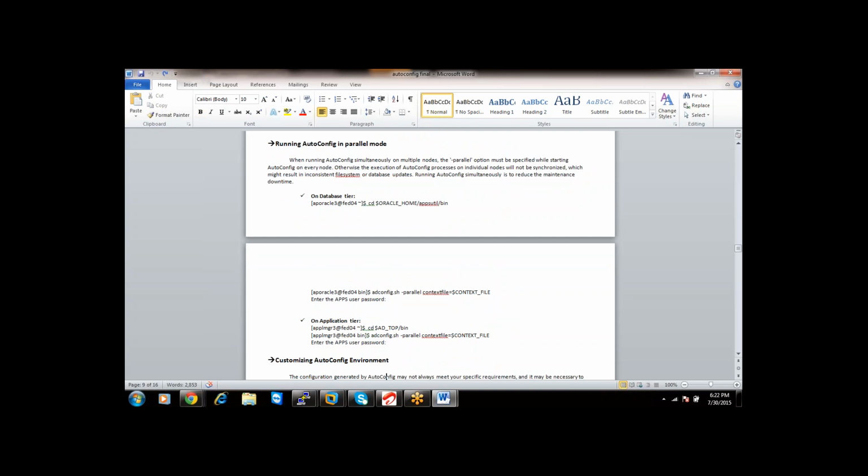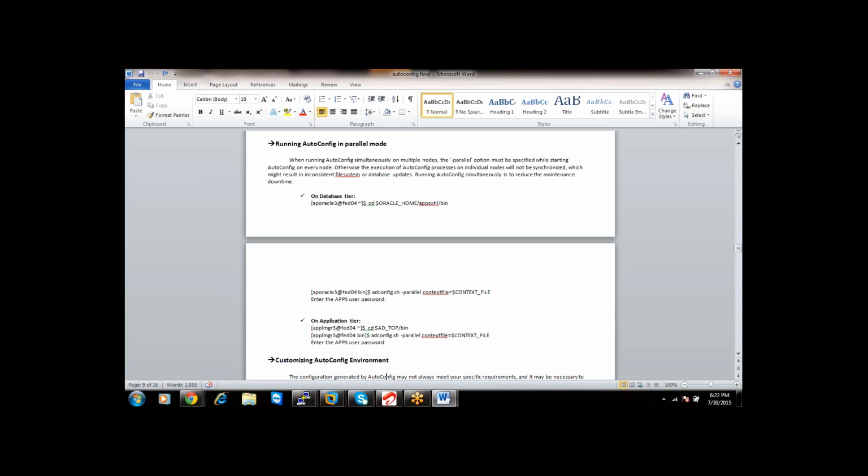Do I need to manually go there and make the changes, or is there any way that it goes in the reverse direction? Like from autoconfig, it updates all the local configuration files, but can we do it in the reverse way? I didn't get you.